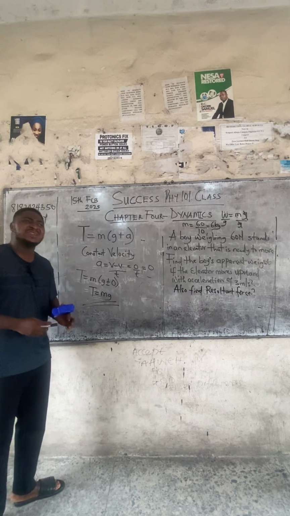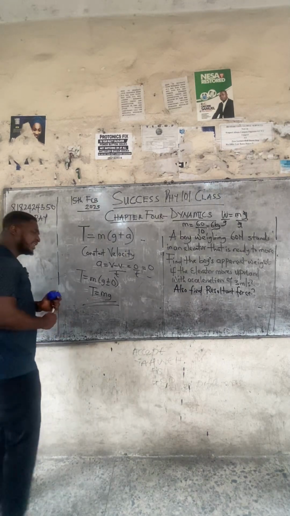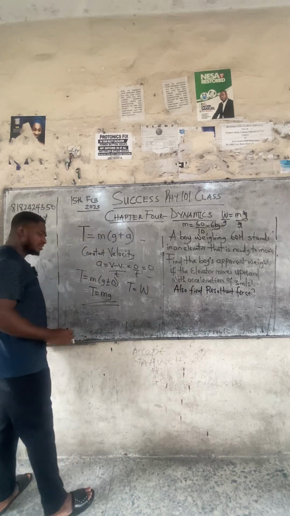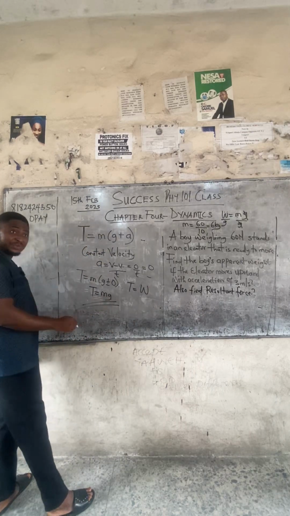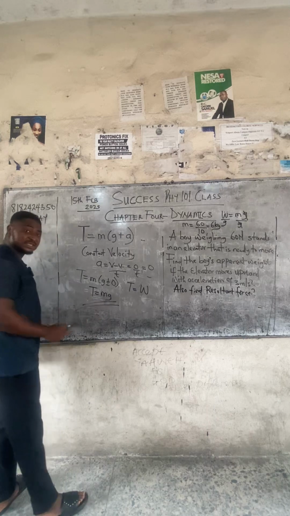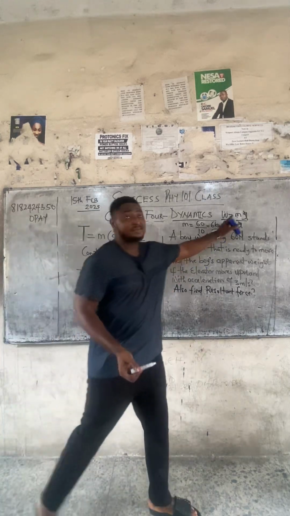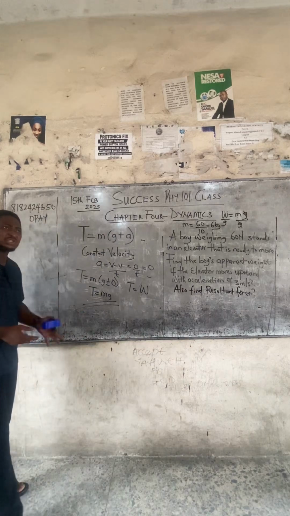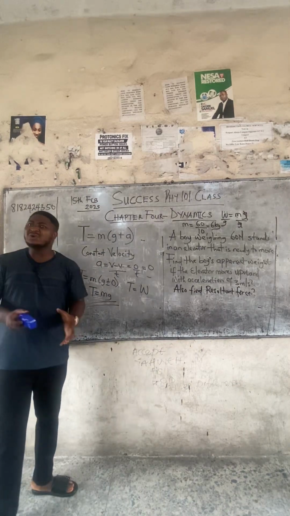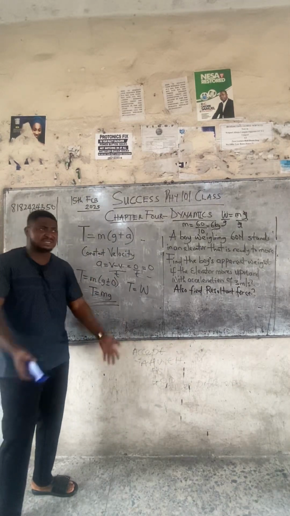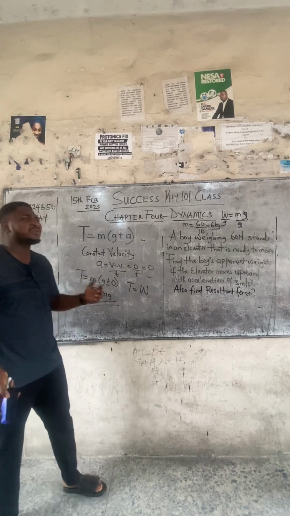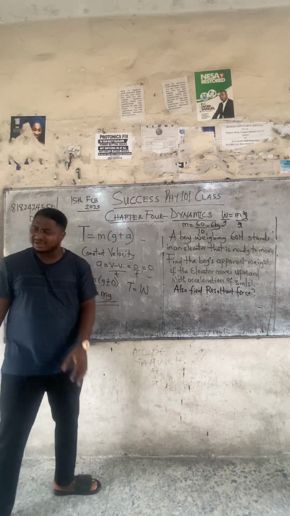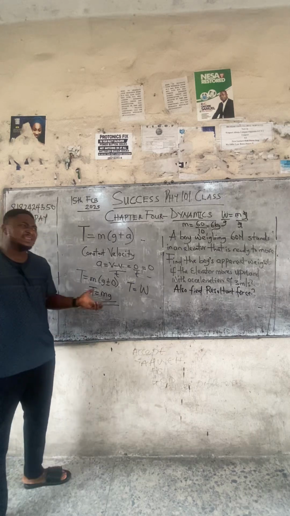Class, at constant velocity, the apparent weight in the lift system is equal to the weight of the boy, W. Because what's mg? Is mg not W? What's mass times acceleration due to gravity? W is mg. Class, another name for constant velocity is steady velocity or uniform velocity. I'm using all the possible names so that you will not be confused in the exam if you see any of them. At constant or steady or uniform velocity, the apparent weight in a lift system is equal to the